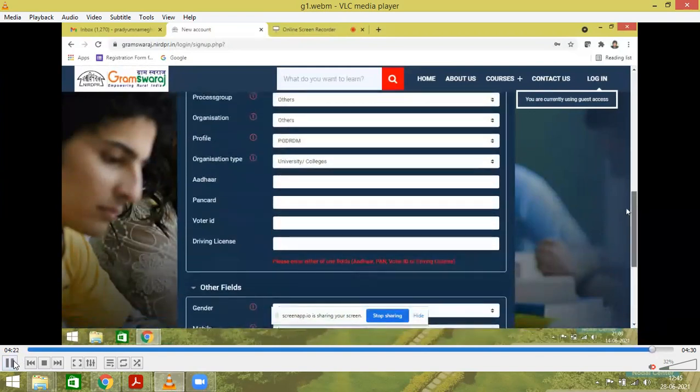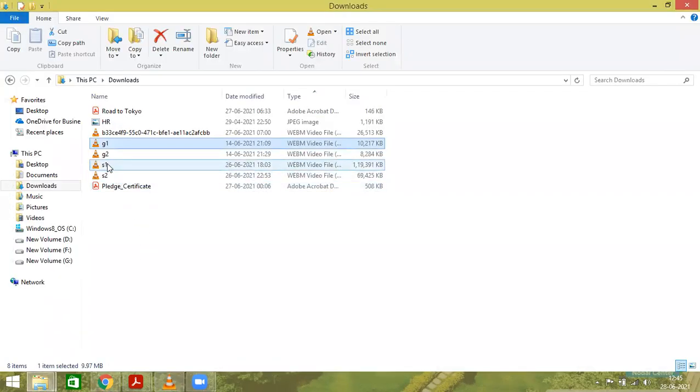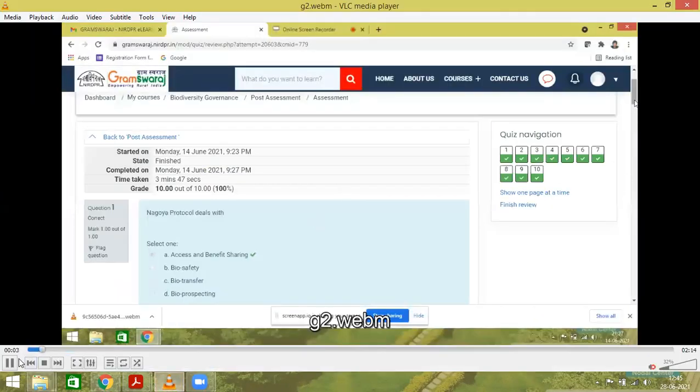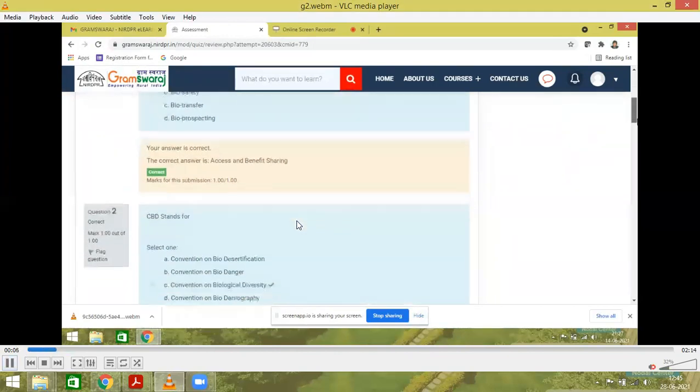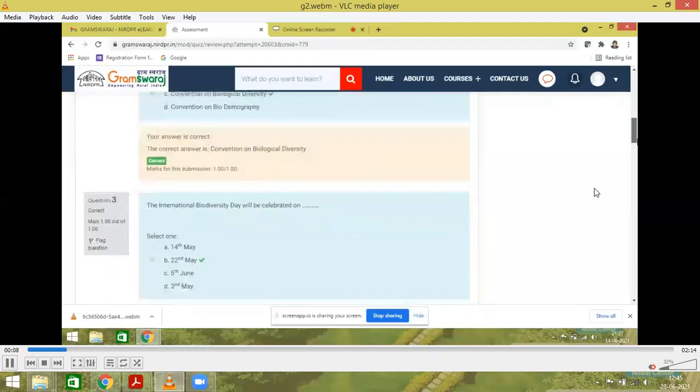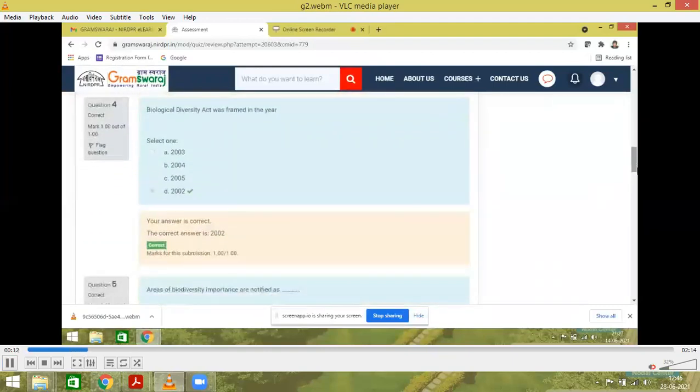So after creating the account, once again you can go for the assessment test of that course. See here we are showing. So biodiversity course, you can listen to the explanation, and examination is important. So here we are sharing the assessment test, which is very important to get the certificate. Yes. If the answers are wrong, you'll never get the certificate. You can see 10 questions. This is the important stage of the video.